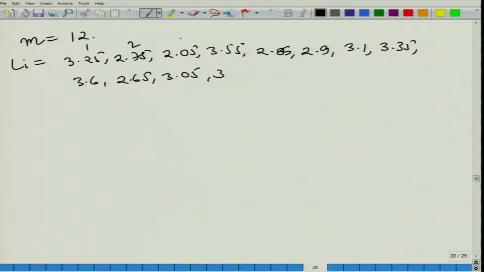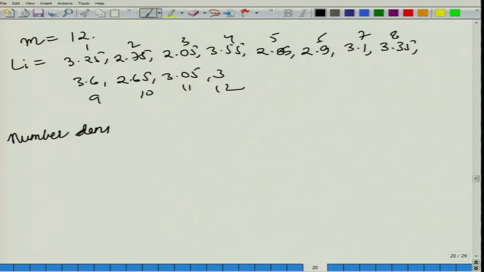So 1, 2, 3, 4, 5, 6, 7, 8, 9, 10, 11 and 12. So we have 12 samples and all the Li's are given, and we are required to calculate the number density of the plantation. So we will use the formula